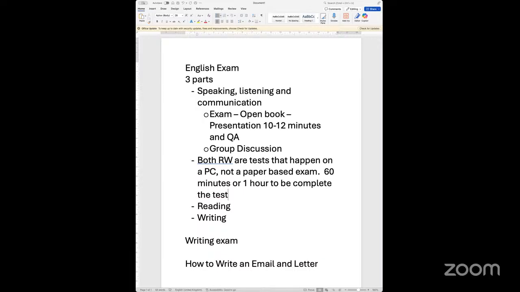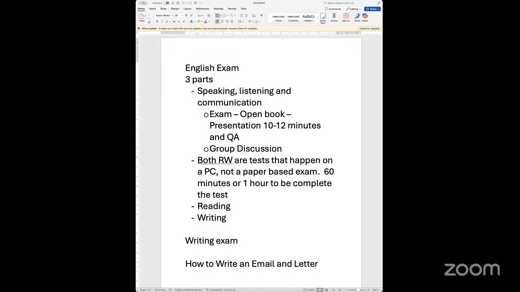Now, the reason for explaining this is to give you some insight into what you are actually going to face, so that when you're aware of how the test is going to be and what is expected in the test, you are going to be well prepared. There is no way that we can increase the time, decrease the time, change the system, or help you in the test. Nothing of that sort happens. Once the test starts, you check your name and your date of birth, confirm that your name is correct, accept, and start the test.